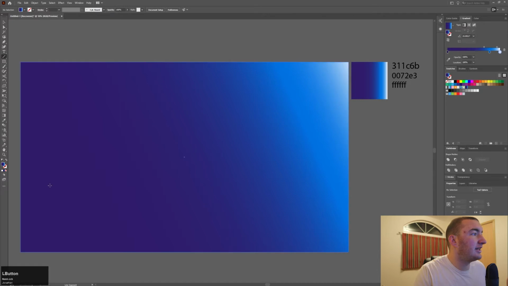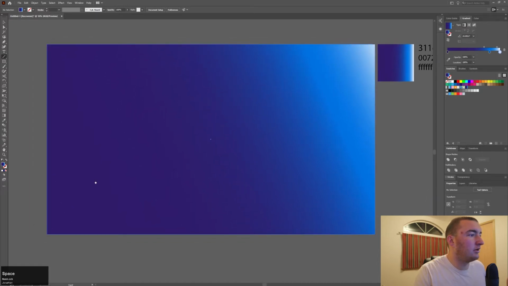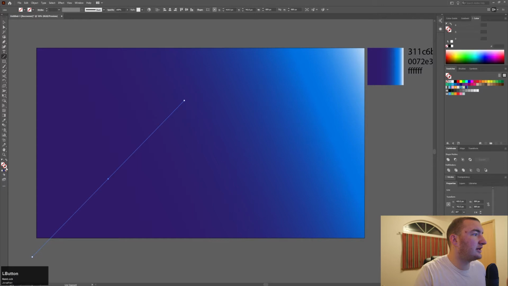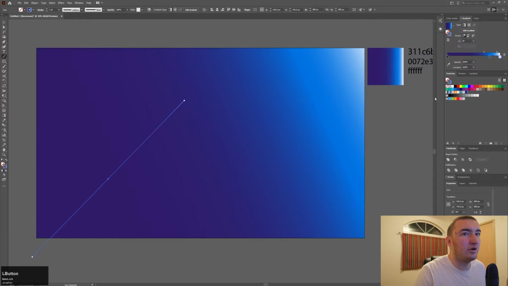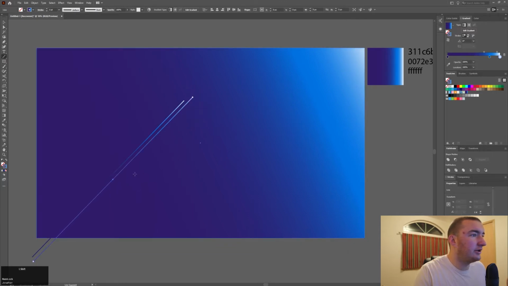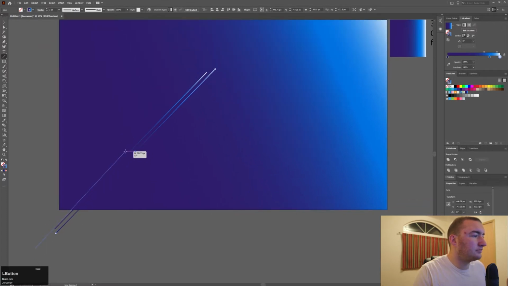And now we're going to make the line tool. And we are going to make a whole bunch of lines. Let's make sure this line is what we want. So we want this line to have the same gradient as this, just for convenience, I suppose. So we're gonna make this like a 3-ish or so, give or take. You can make it whatever you want, whatever looks best for your situation. Now we're gonna make a whole bunch of lines. Try and fill in the space here.